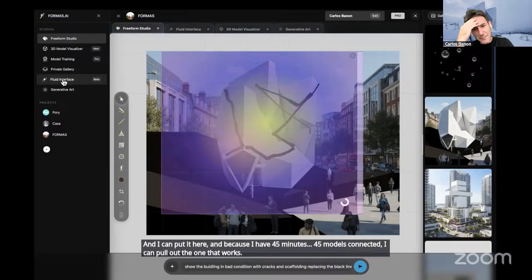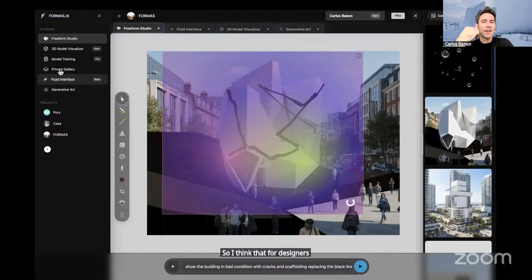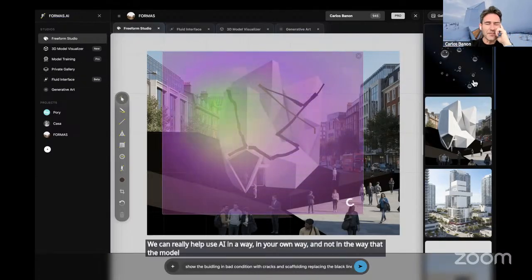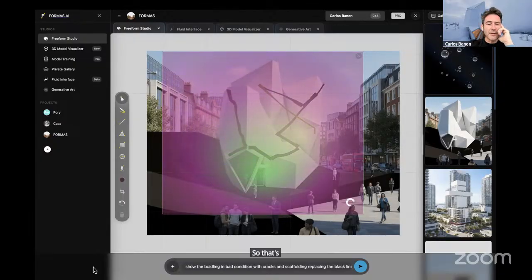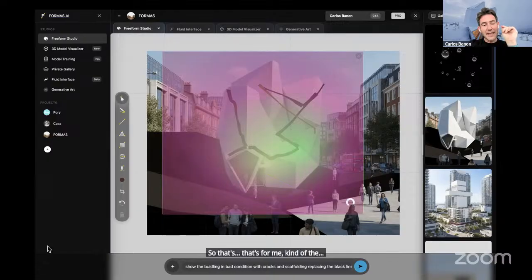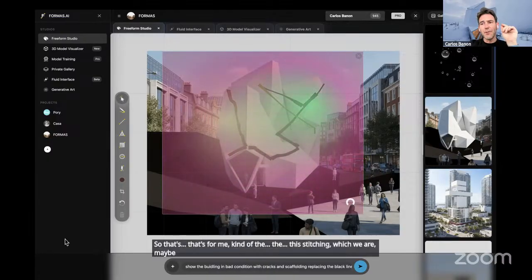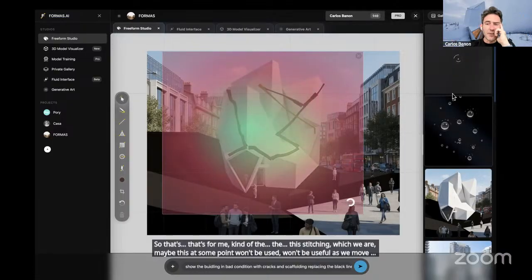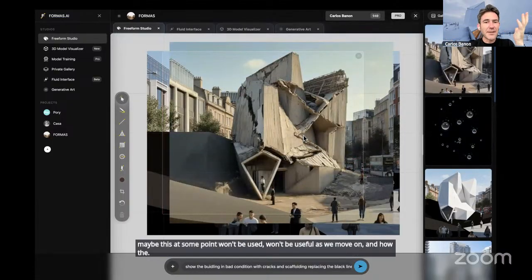I think for designers, or at least for me, the way I think, this can really help use AI in your own way, and not in the way the model tells you to work. That's the stage at which we are. Maybe at some point this won't be useful, as the models get even smarter and you don't need that interface.